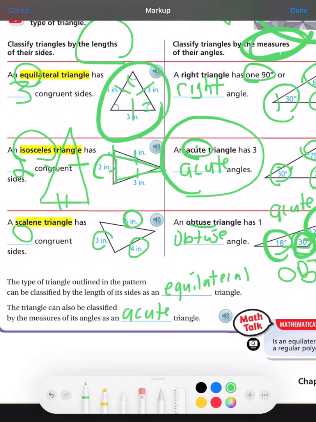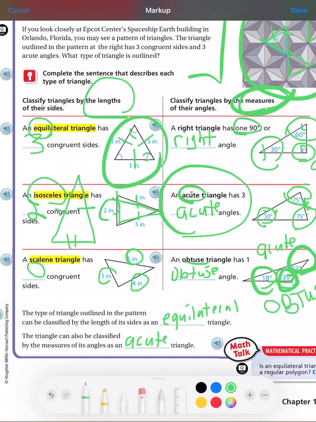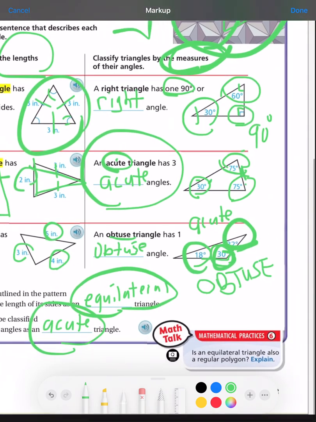So, in fact, if you think about it, we can name that triangle, these ones way up here, with two different names. It's an equilateral triangle, and it is an acute triangle. And we would say that it is an equilateral acute triangle. Pretty cool. Question down here,